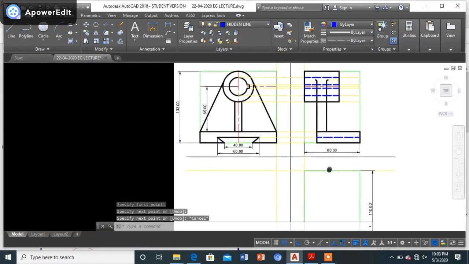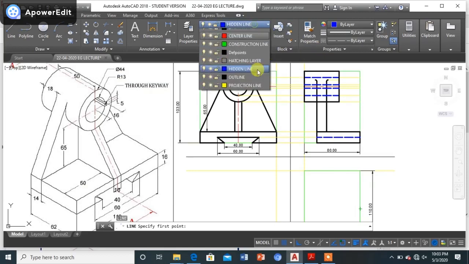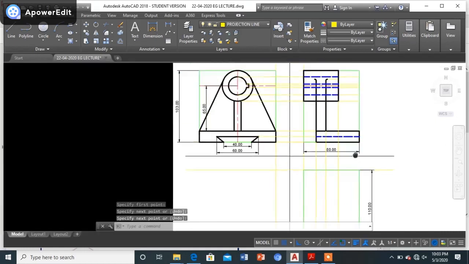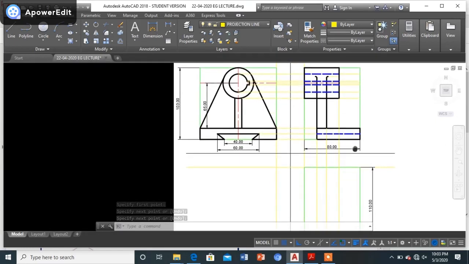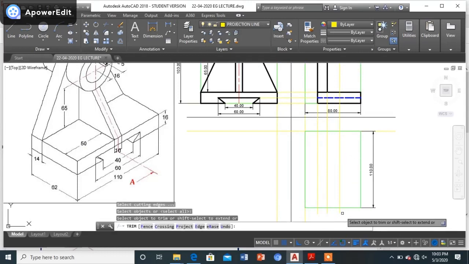Okay, once we are done with this, let us get all the projections quickly for the top view so that we can complete the top view within a while. Yeah, it will be easier for us to construct the top view. One by one we can get all the projections very quickly so that the construction of the top view will become easier for us. And even if we can see, the top view is a symmetrical view about the horizontal center line. So let us draw that particular center line first over here.